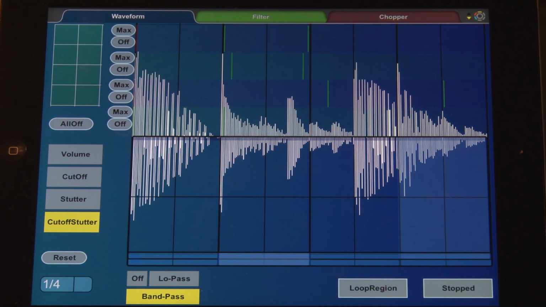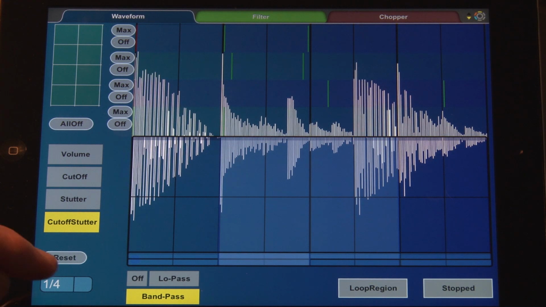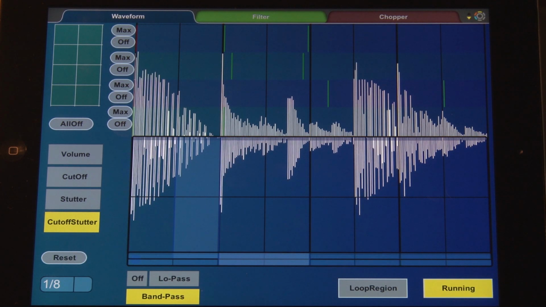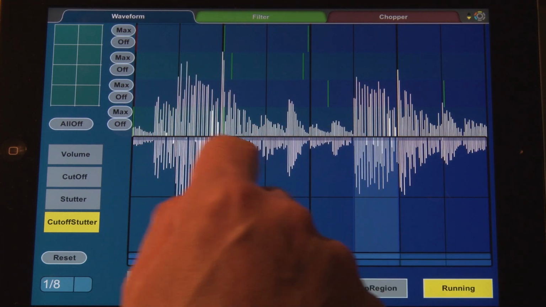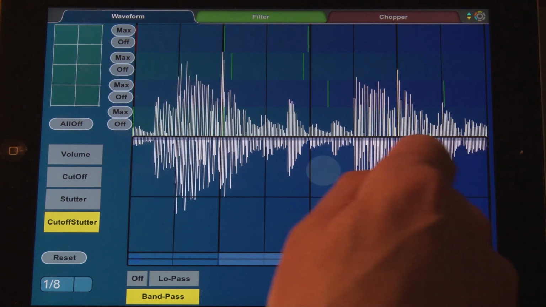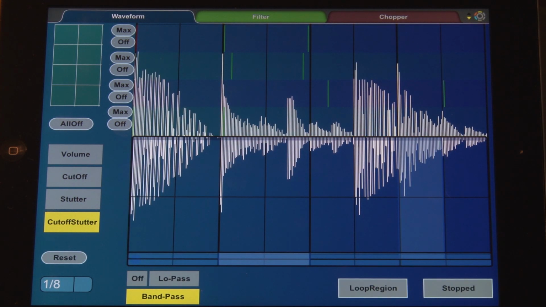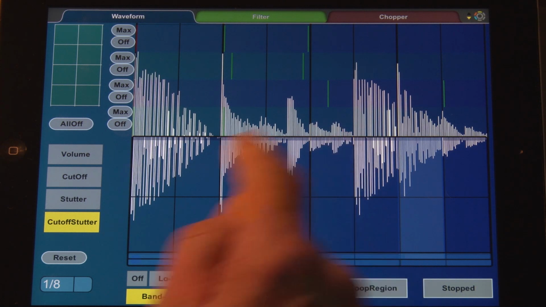And I can change the size of that region by pinch zooming with my fingers. I can also change the quantize value to pinch zoom to different values. And again, I can loop those regions. And those are synced to a clock, so you can't go out of time. If I go back to quarter note